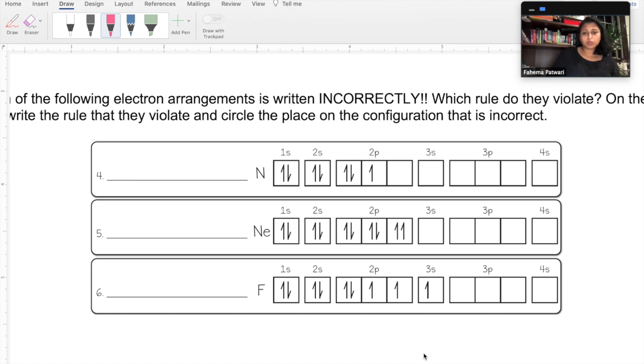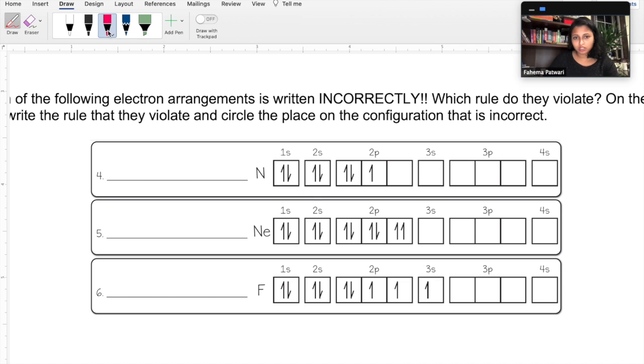All right, so in this worksheet, we see 3 different orbital diagrams. Each of them is breaking a rule. So what we're going to do here is identify what rules are being broken. So the first one,